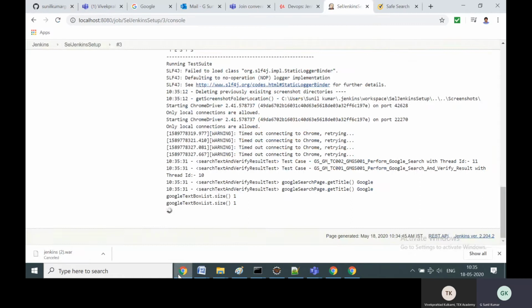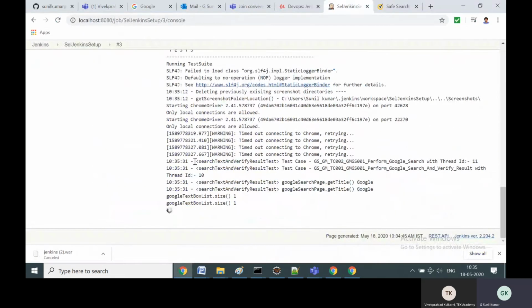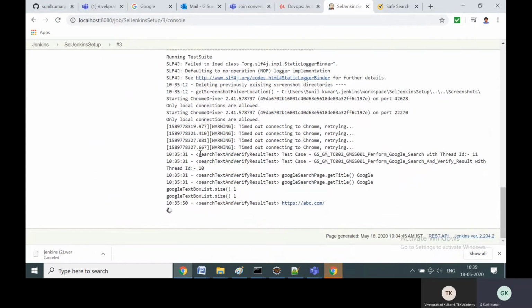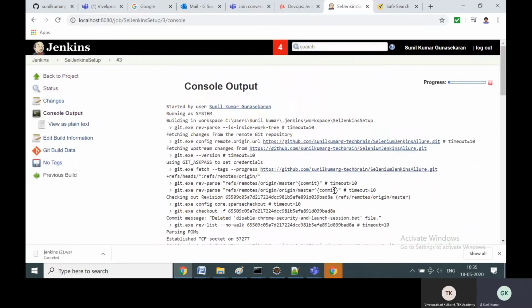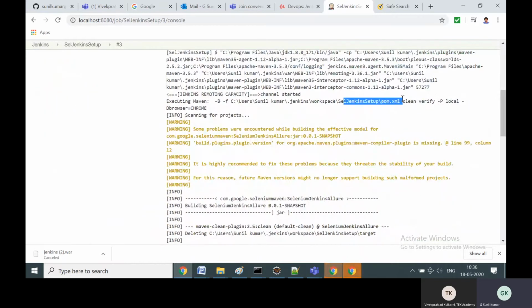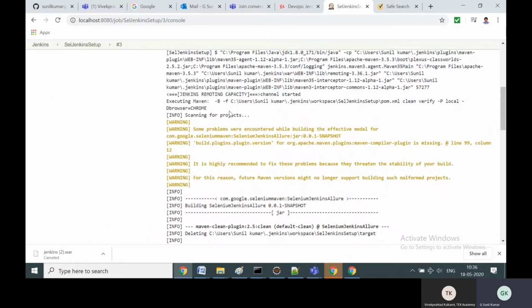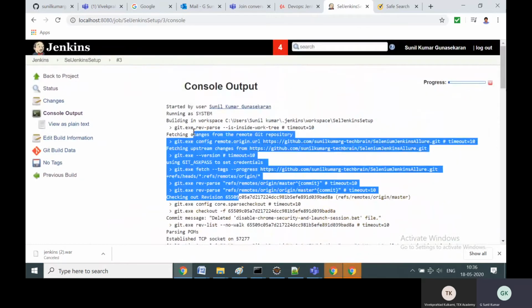See here. So it is executing now. So all our setup, foundational configuration, everything is successful. The plugins, the global tool configuration, the project setup, project configuration, 4 items, everything is correct, successful. If everything is successful smoothly, it will check out from the Git, Selenium Jenkins Allure Git, and then from the repository, and then it will execute our pom file and the Maven command. And how it is executing, because we have the Maven plugin available in our Jenkins. We have integrated to Jenkins, and then we have integrated GitHub plugin.